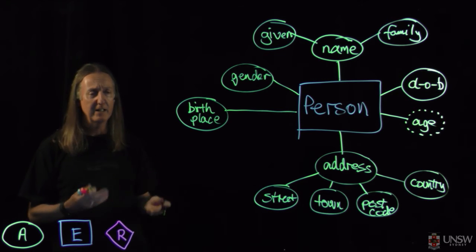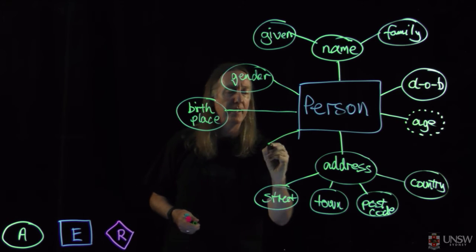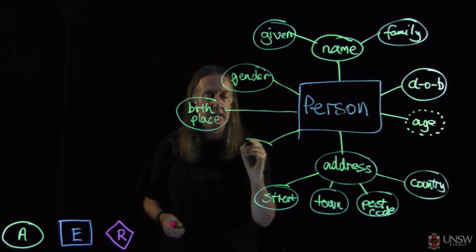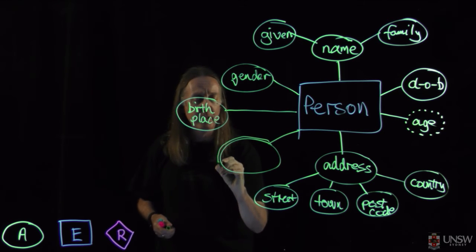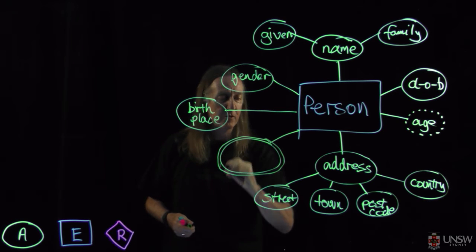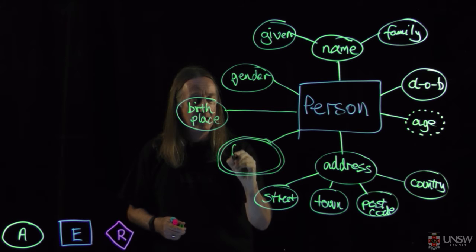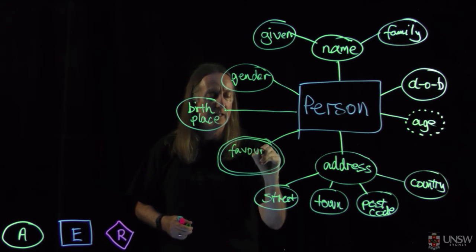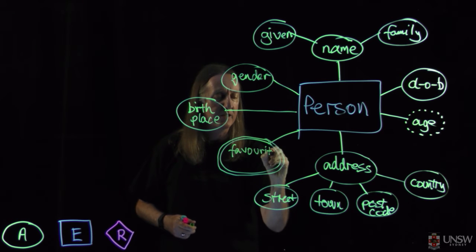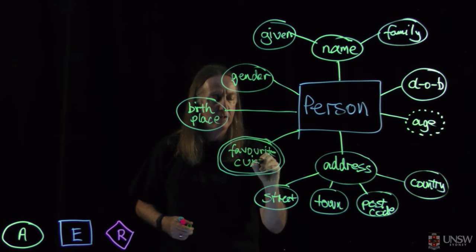And basically what we're saying there, it's an attribute where there are several values associated with that property. And we indicate that in our notation by a double oval, and that's kind of plausible, that one. And so that could contain a collection of this person's favourite